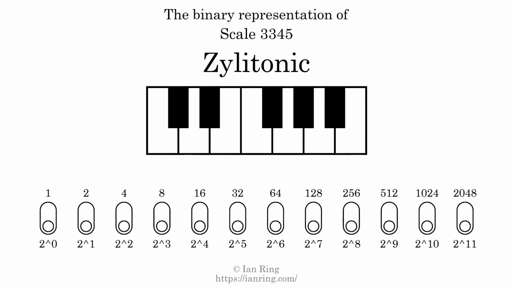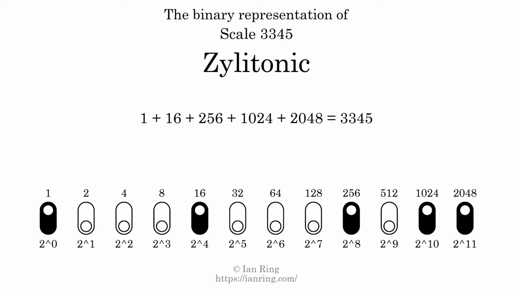The binary representation of this scale is determined by mapping tones of the scale to binary digits. Each binary digit represents a power of 2. To get the scale number, we add the powers of 2 together. The powers of 2 that are present in the scale, all added together, equals 3345. That is why the scale number, in decimal, is 3345. The scale number not only enumerates the scale with a unique index, but it also literally describes the tonal content of the scale. Represented as a binary number in base 2, the scale number is